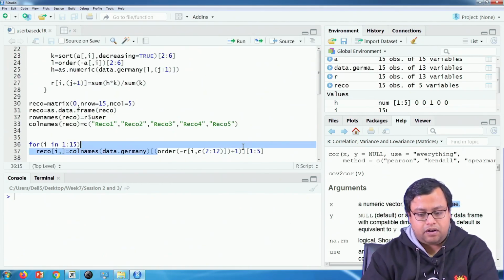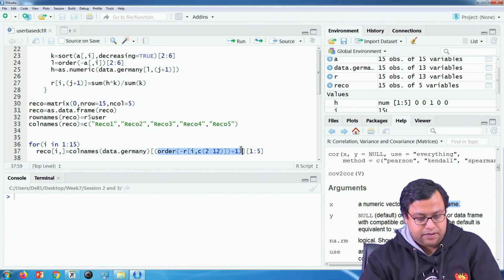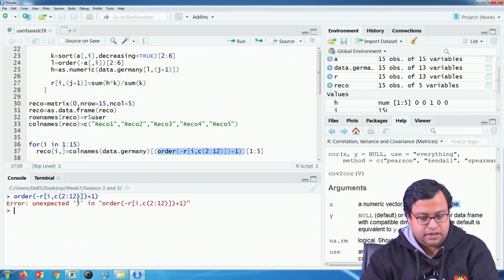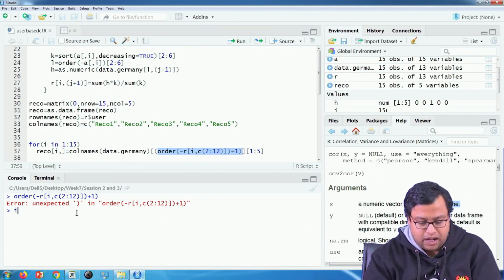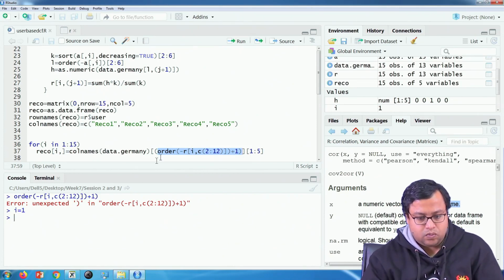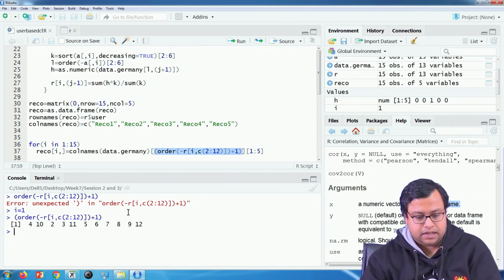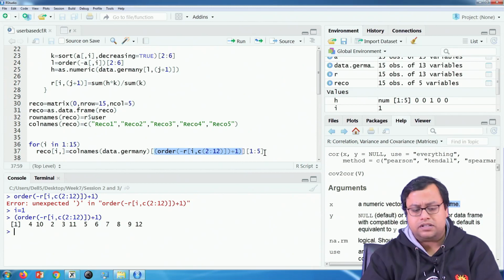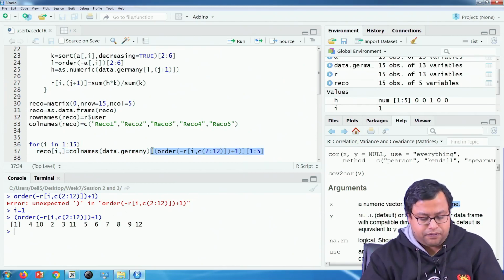So, order of this is giving me the position, when let us say i is equal to 1. When i is equal to 1, the order is basically giving me the position, and I am taking the top 5 because I will recommend only 5. So, I am taking the top 5 of them,